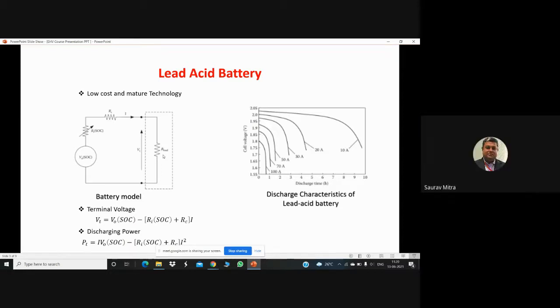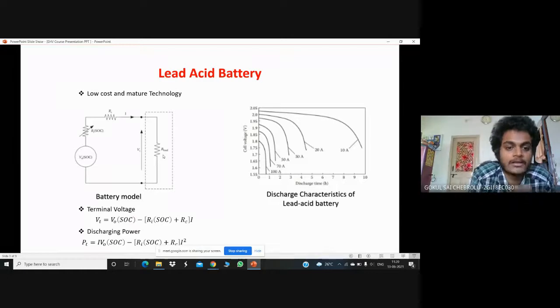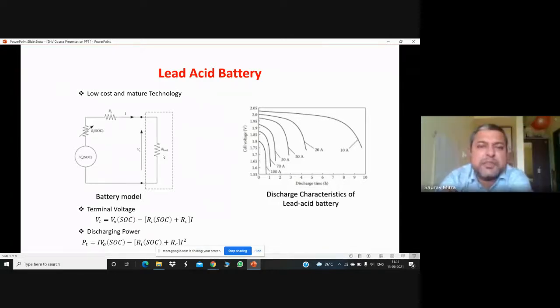How much should that be? It should be as low as possible. The ideal value is 0.5 ohm. Remember that. Whatever conductor we are using in the vehicle between the battery and the other circuits should have as little resistance as possible, so the highest value is 0.5 ohm. These are questions asked in interviews.